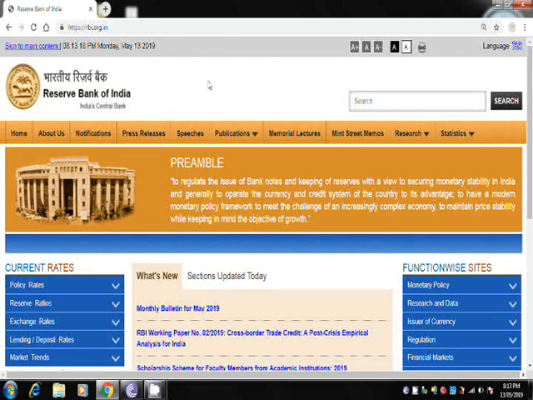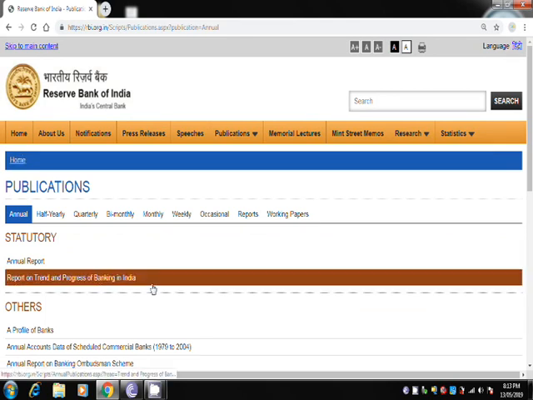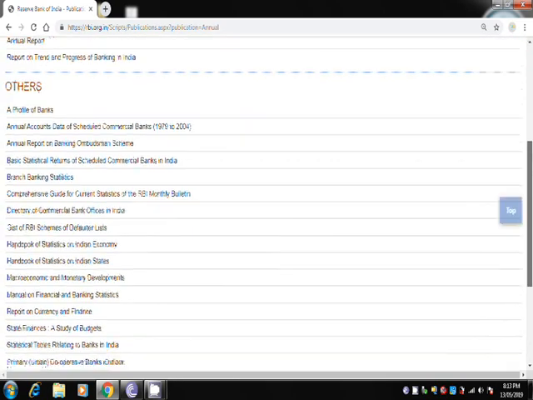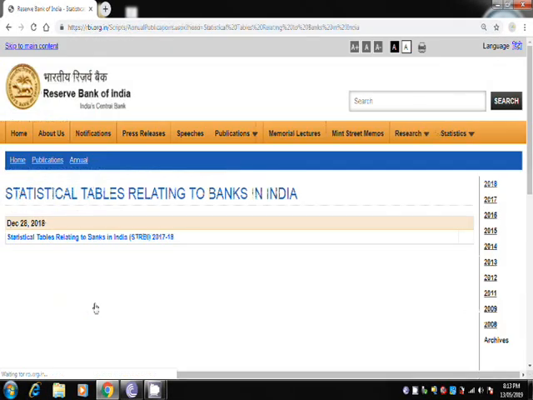Once you go to the website you need to go to publications and annual. This page comes up and there is a list of data, but you need to go to statistical tables relating to banks in India. So here is the data. Once you click the data, a new tab opens